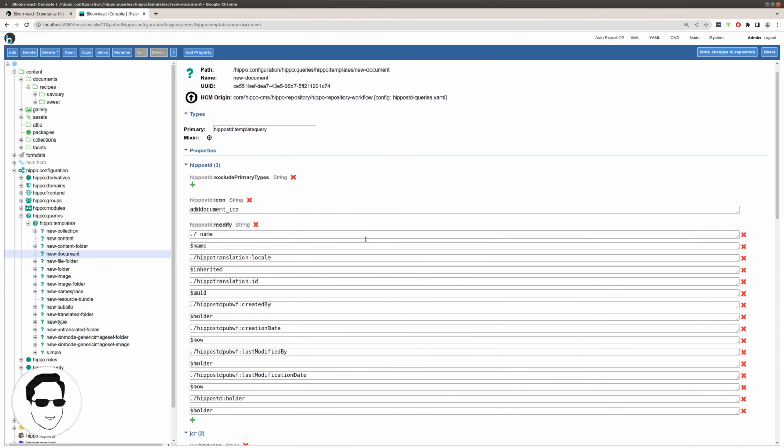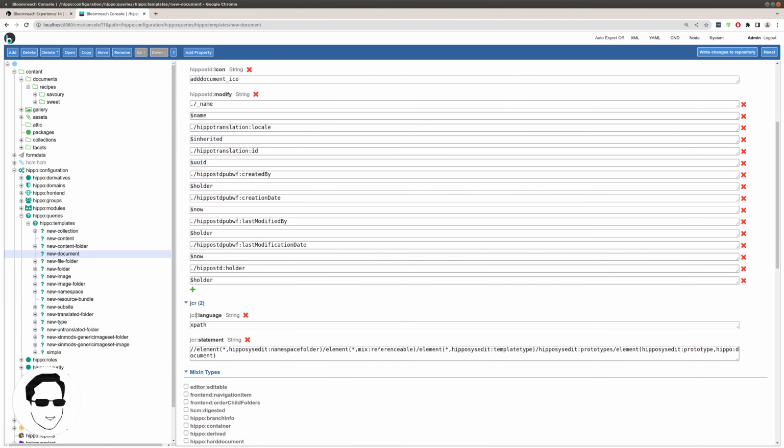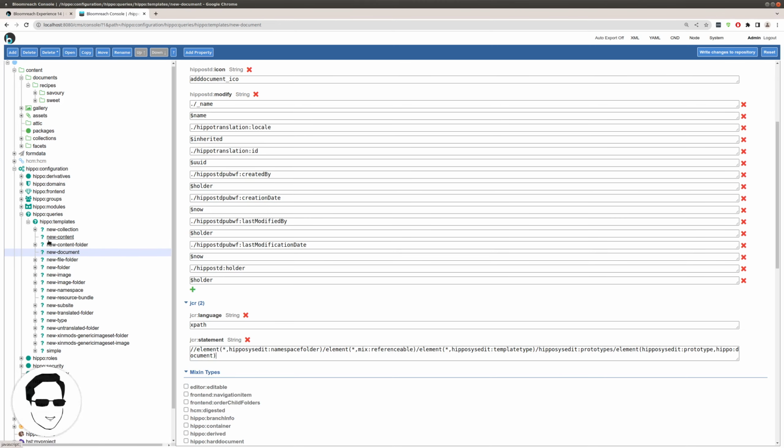When a user selects a new document option, it actually executes an XPath query that is specified here and tries to find any node that matches this query. And you can have a look at it here. It says any element of this type, then a subnode with this type, a subnode with this type, prototypes, and then any element that has a prototype node that is derived from the Hippo document type or mixin. And that actually matches onto